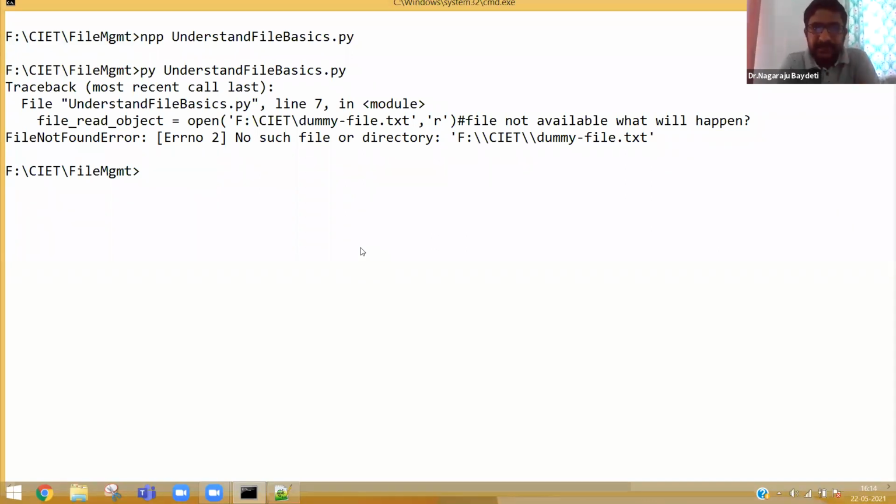So this is an exception or an error which got raised and the program terminated abruptly. Now, if you want the program not to get abruptly terminated, what do we need to do? We need to search for the file before opening it. That is where we stopped yesterday.